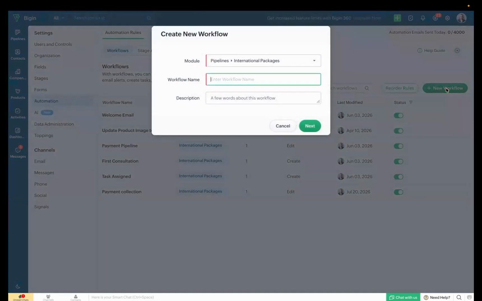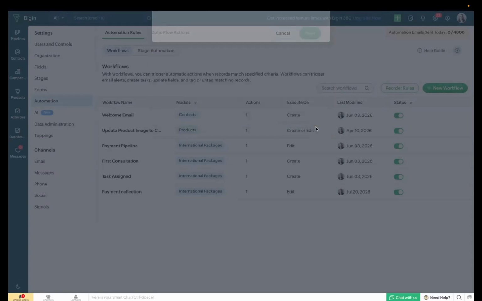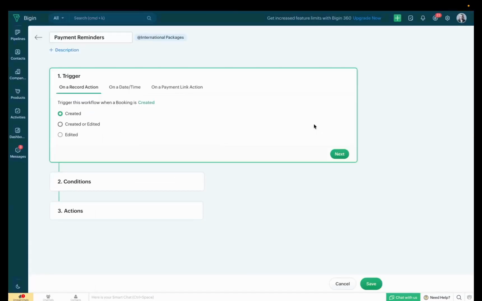Click on Create New Workflow button again, associated with the same pipeline as the payment collection workflow. Add a workflow name and a description for your reference. Then click on Next. In this case, the trigger is going to be related to the status of a payment